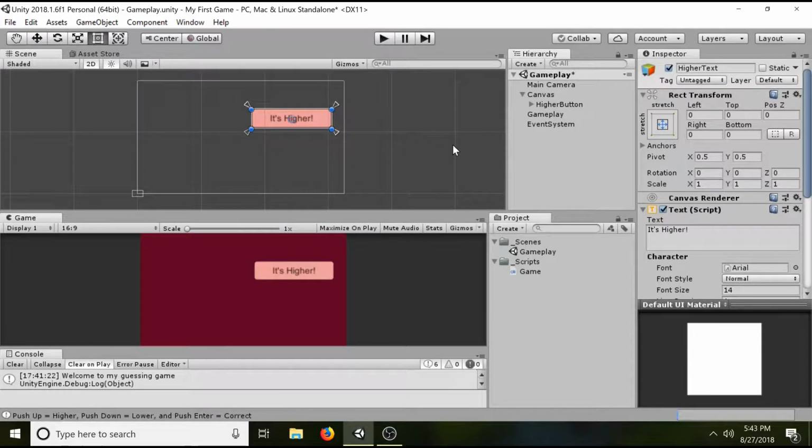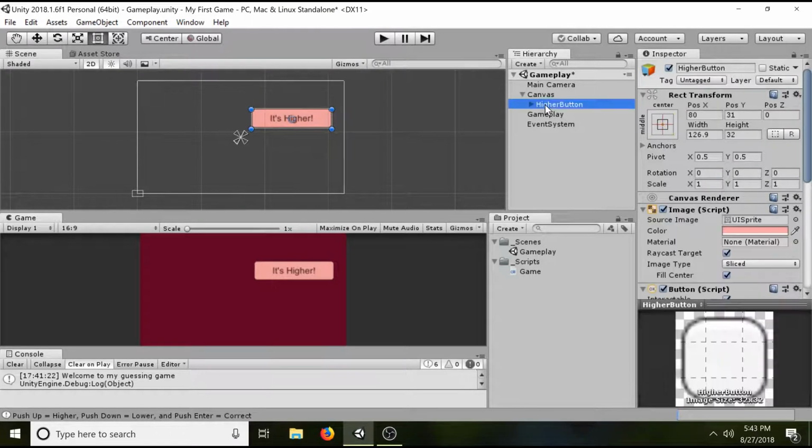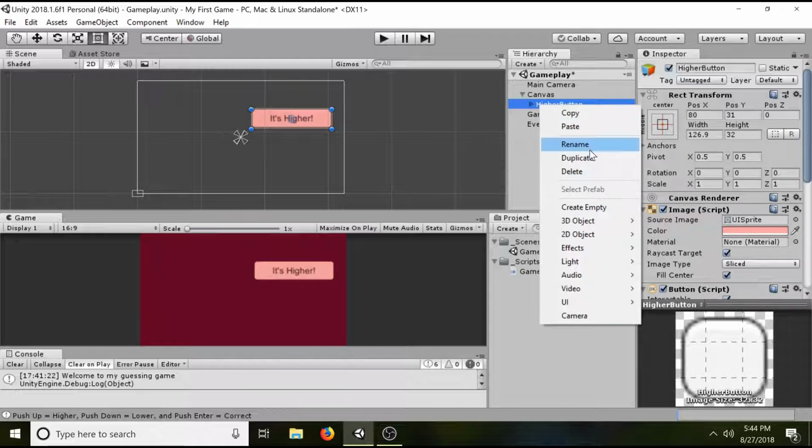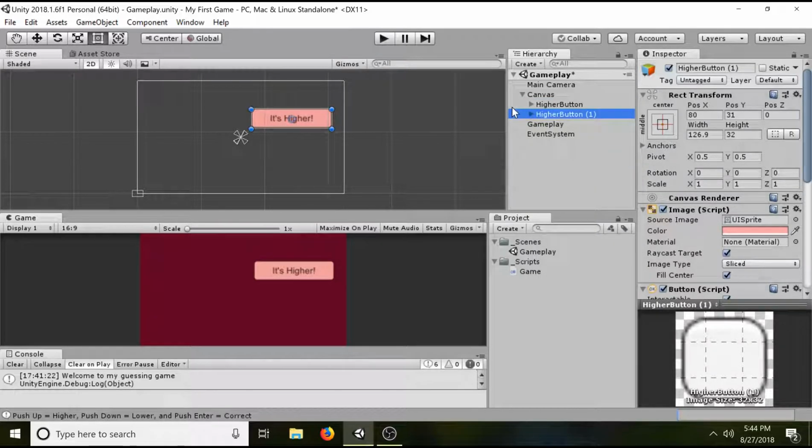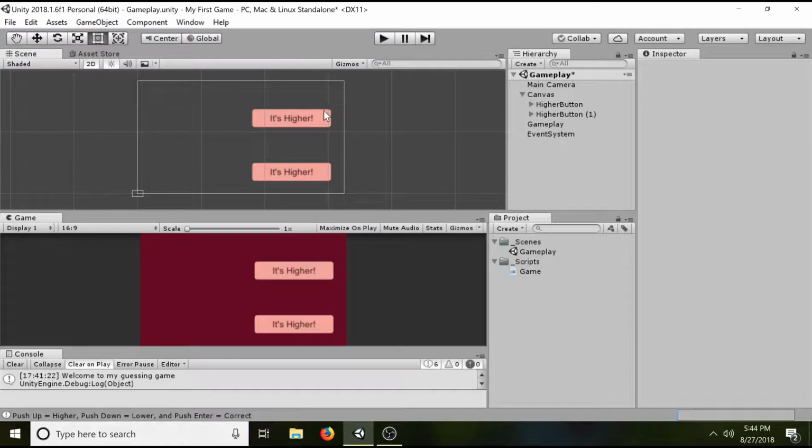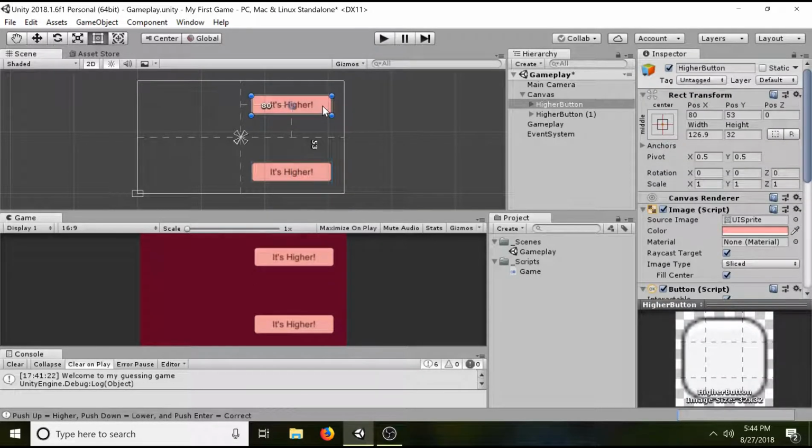Something else we need is a lower button, correct? Instead of going through and duplicating all of this stuff manually, I can right click on this. Actually, yes, right click on this, and I can click duplicate. And this button stays right in the same spot until I move it. And you see these handy dandy guides popping up for me telling me this is lined up here. So now they're exactly above and below each other. I'm actually going to grab this guy and move him up a little bit